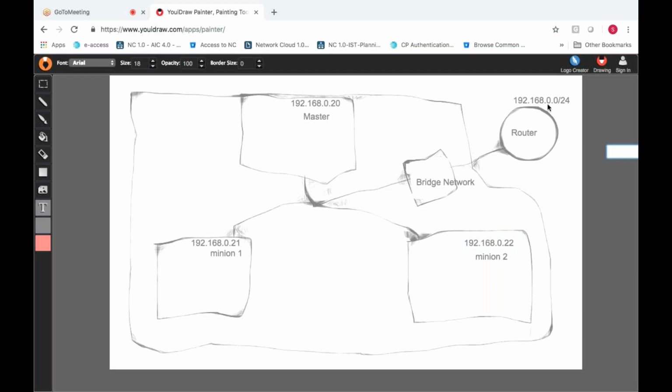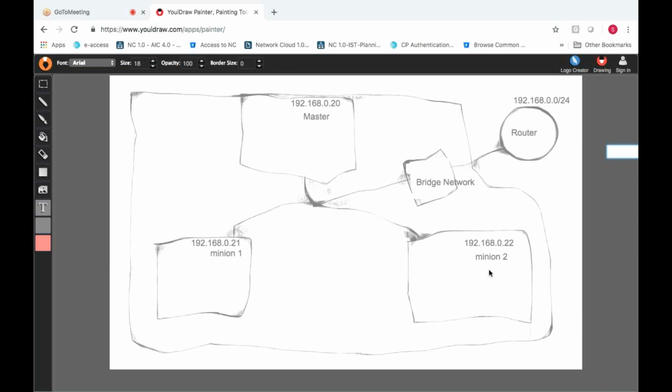From that gateway, it will communicate to the ISP provider's public IP, and then it will translate the addresses. This is how the communication will happen. This is the basic network which I try to configure, and I will show you how to configure it. This is the master, this is the minion, and this is minion 2.